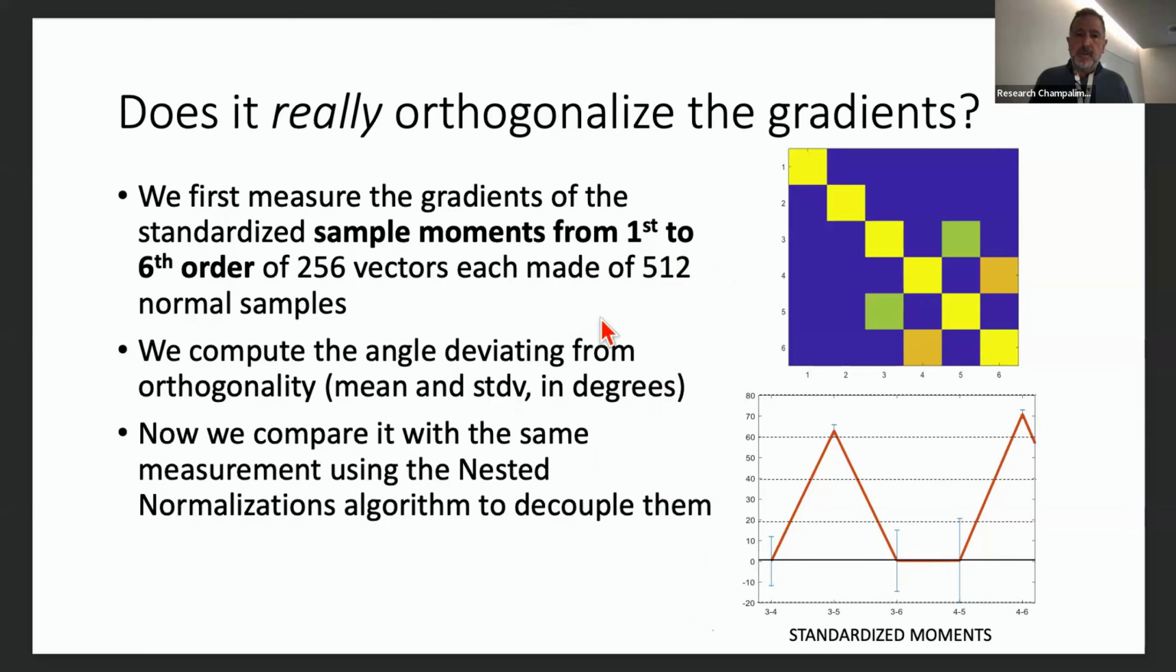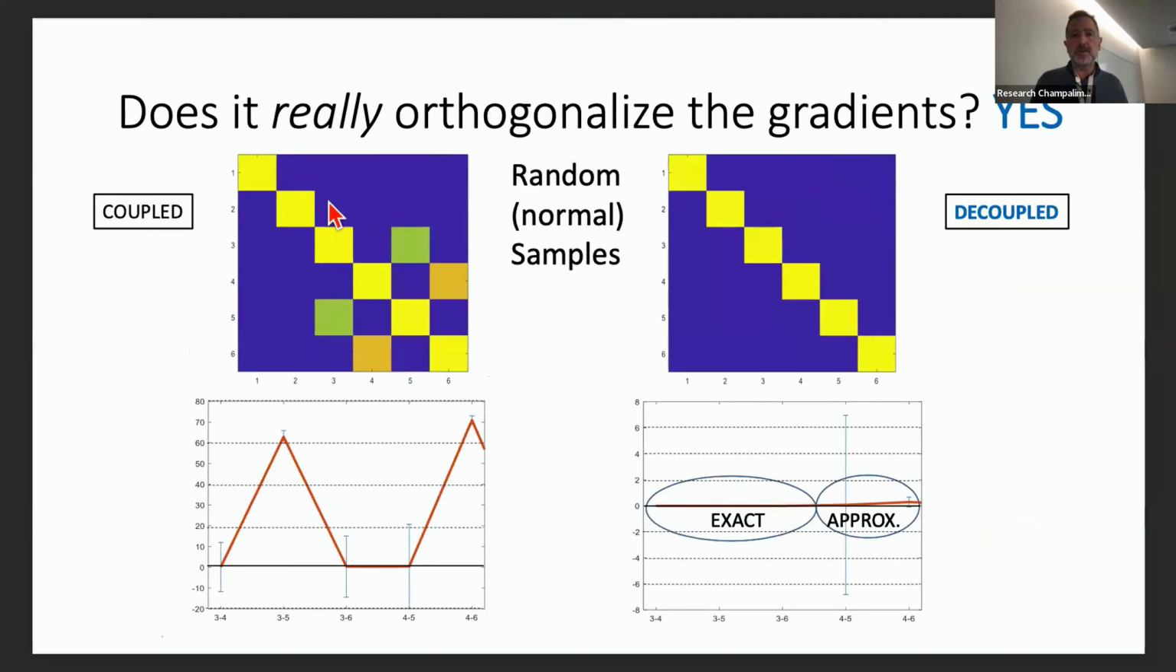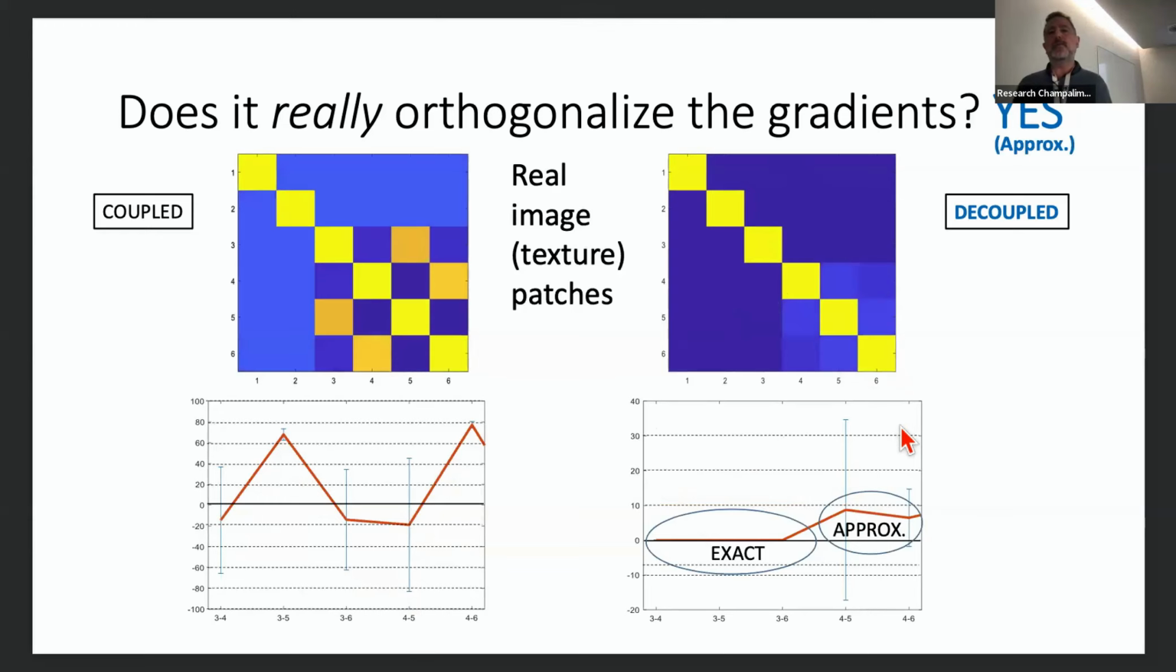And then we did this with the normal moments and then with the orthogonal moments. So here are the normal moments, and this is the orthogonal moments. This is for random Gaussian samples, and up to the 4th order moment is exact, and then it's very approximate, as you can see here. Then we did that for real images, for texture patches, and now it's not so perfect, but it's much better than just using the